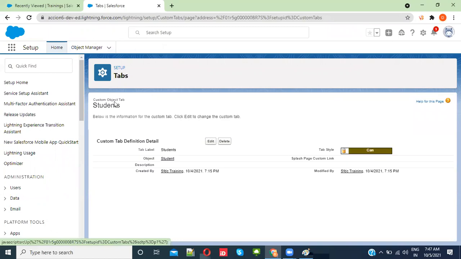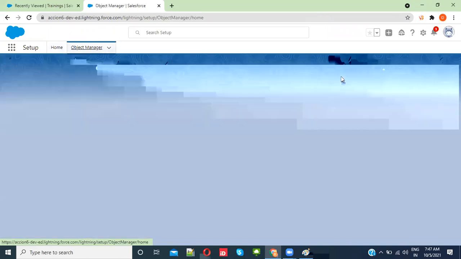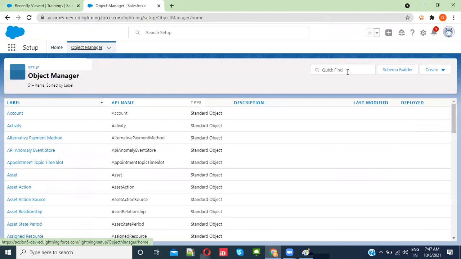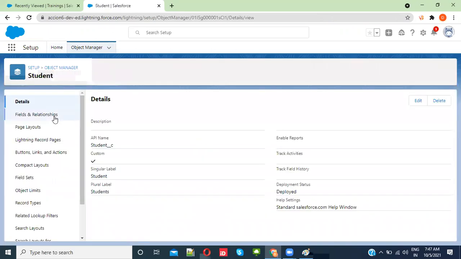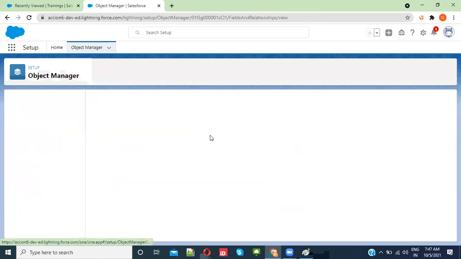If you see the student object, you can identify some fields are already created for the custom objects as well. The API name is ending with double underscore c, so we can say this is a custom object. Even here a label shows whether it is custom or not.